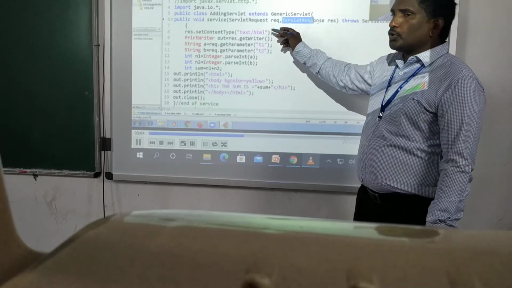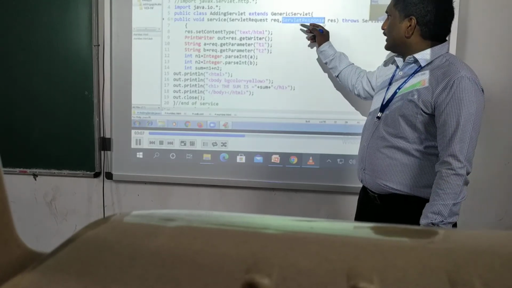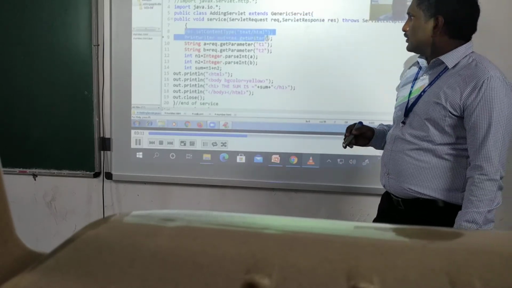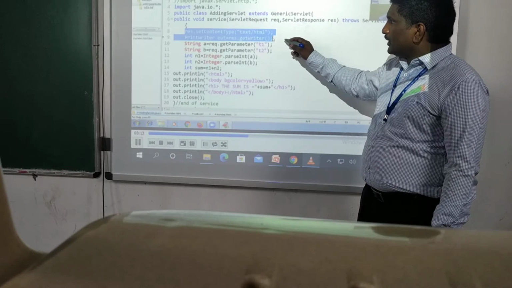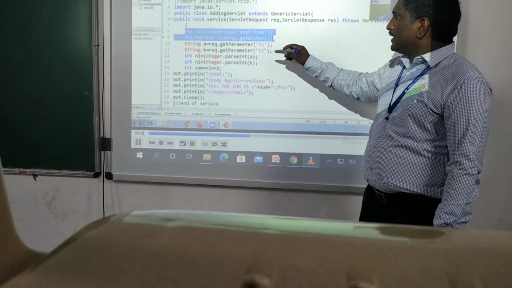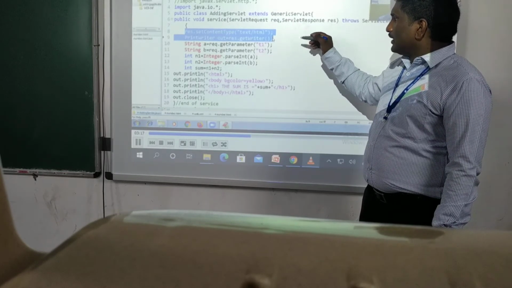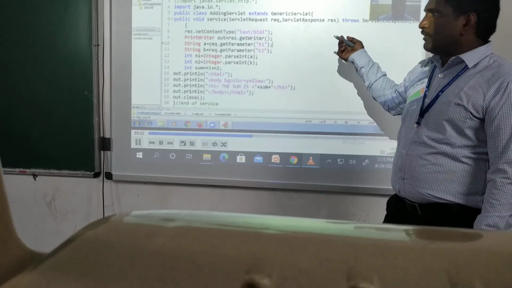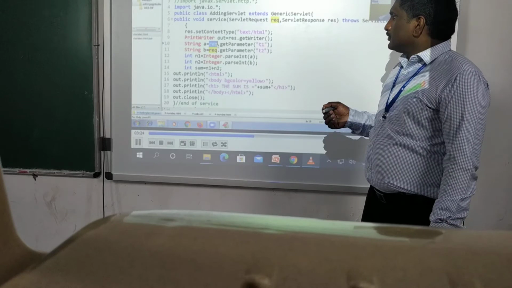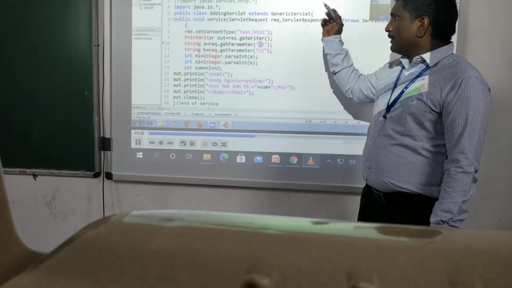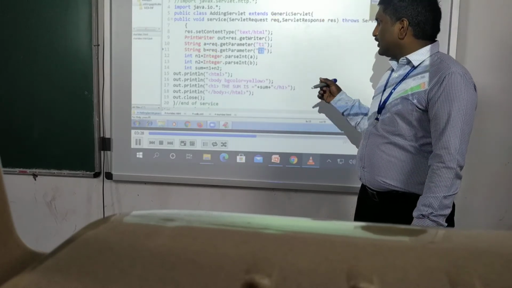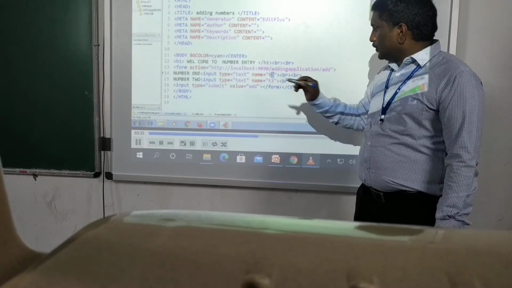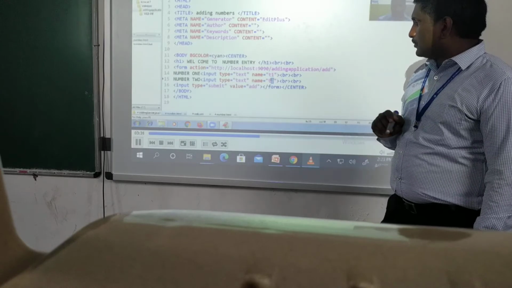The request object is used to hold the request parameters and the response object is used to give the response to the client. There are two lines of statements: res type PrintWriter, res.getWriter. These two lines are used to produce the output, nothing but the web page. By using the request object, we get the parameters submitted by the end user, T1 and T2.